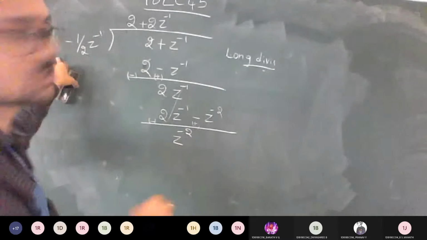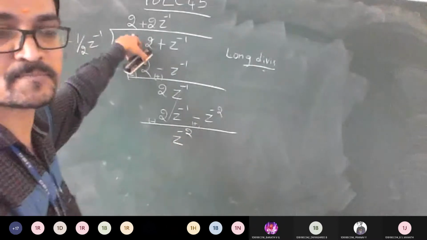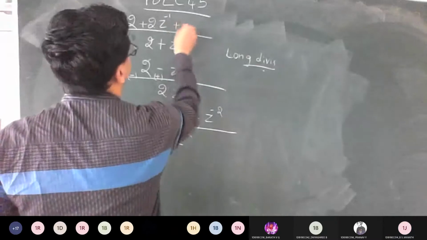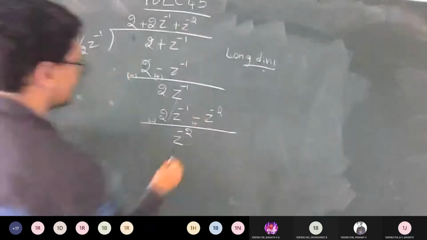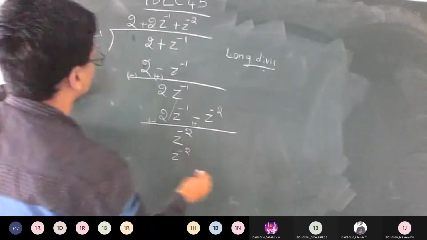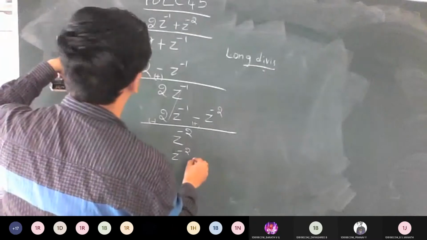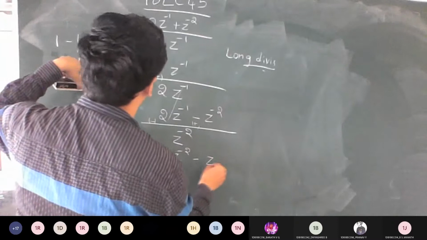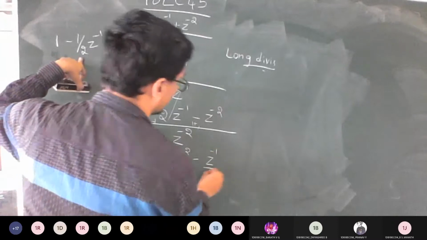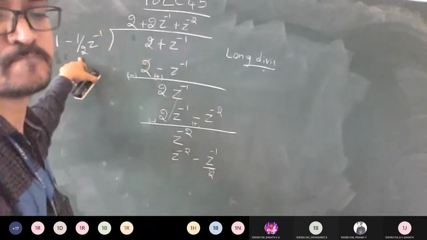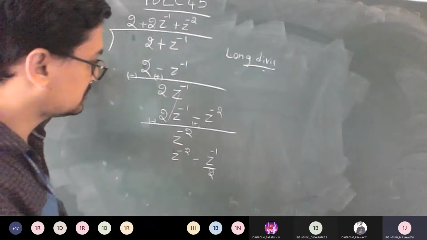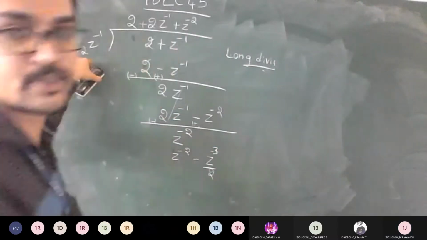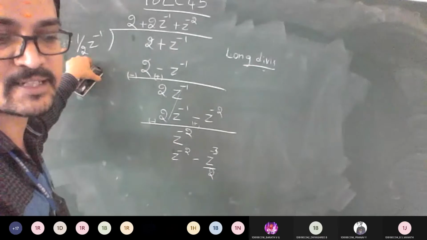Yes, sir. So what is next I should give here? Plus z to the power minus 2, sir. Good. Plus z raised to minus 2. So multiply that z raised to minus 2 here. Then minus of minus, plus of minus, minus only. So it is going to get what now? Z raised to minus 3 divided by 2. Nothing but 1 by 2 into z raised to minus 3. Correct?